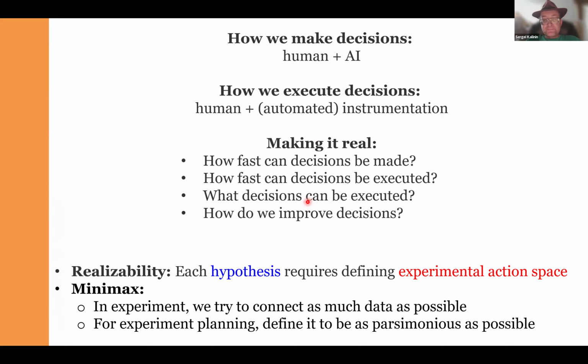If you come more from the machine learning side, the thing worth thinking about is how to make machine learning real. So for example, a lot of people talk now about using ML and reasoning systems for hypothesis generation. But if you stay purely on the computer science side of things, everything is limited by how much data you have and how much compute you have. If you are living in the real world, each hypothesis requires an experimental footprint. So if you want to find something within a single sample, you just need a tool. If you need to combine synthesis and characterization, you need a combination of synthesis labs and characterization,